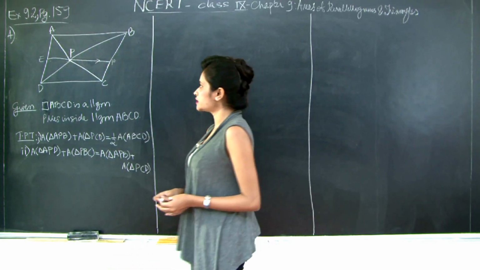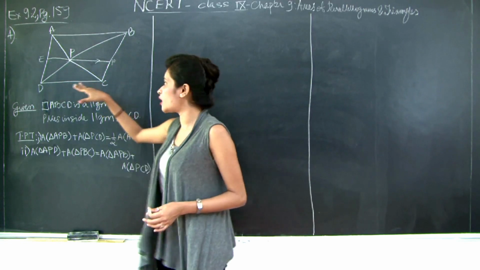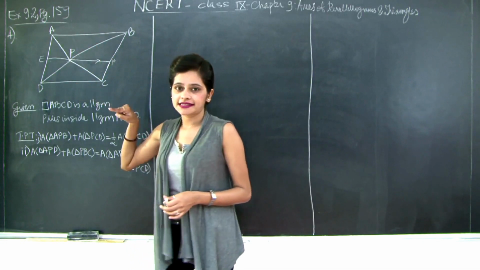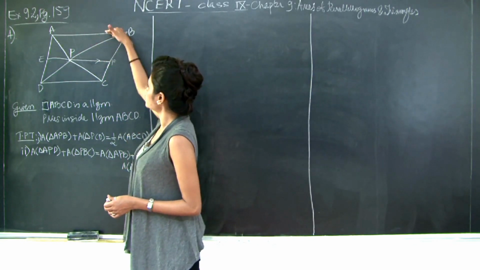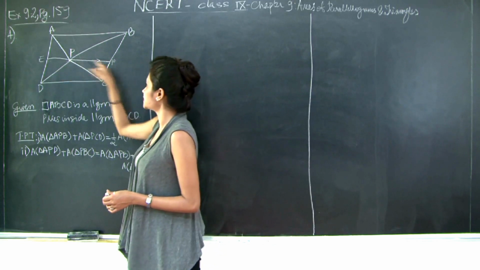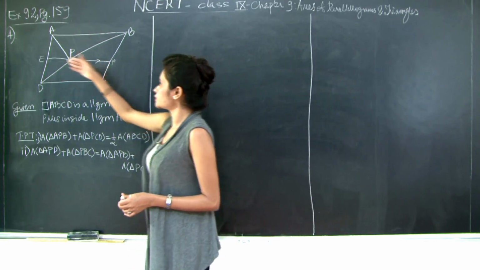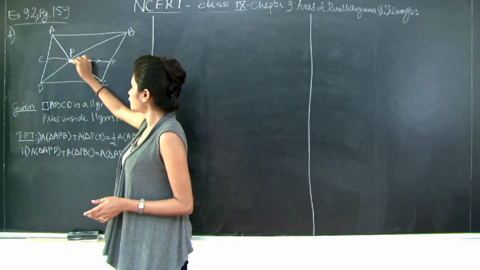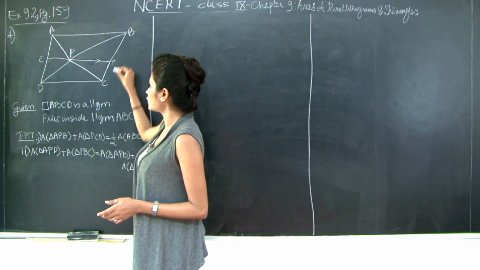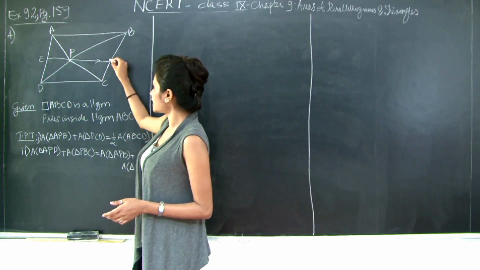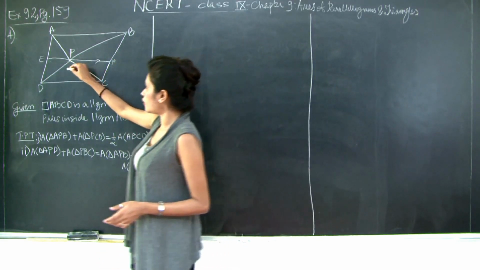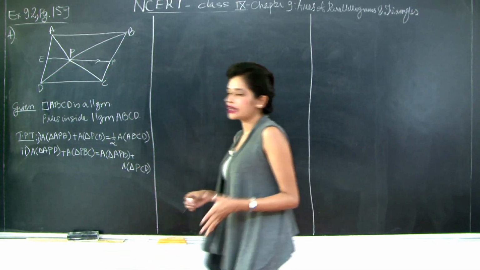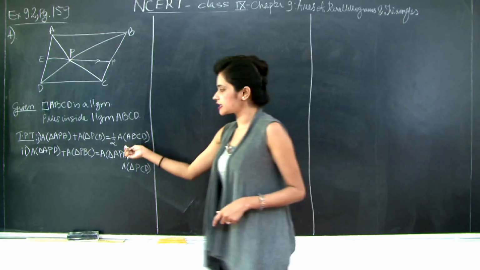Similarly, we are going to prove that this is a parallelogram. How do we prove this is a parallelogram first? See, you have AB parallel to DC and EF is also parallel to AB. Therefore, what can I say? That EF is parallel to DC. We have these two sides parallel because it's a parallelogram. Therefore, this figure is also a parallelogram. And for your triangle PCD and parallelogram EFCD, they have a common base and common parallels. Therefore, the area of this triangle is half the area of this parallelogram out here. Let's write this much, then we will do the addition to prove what is required in section 1.